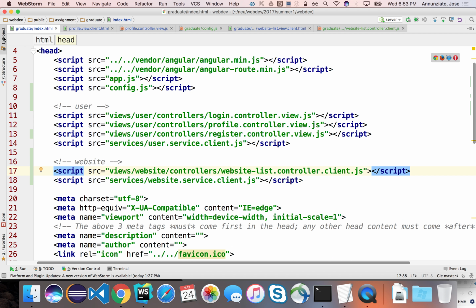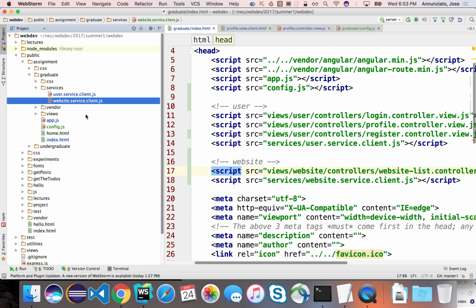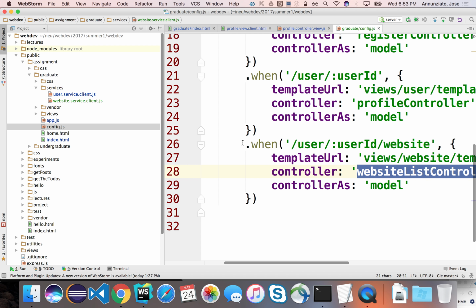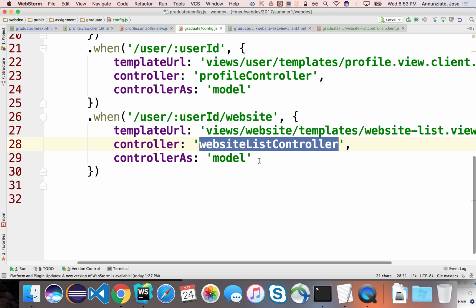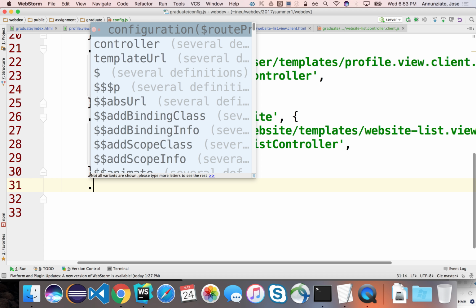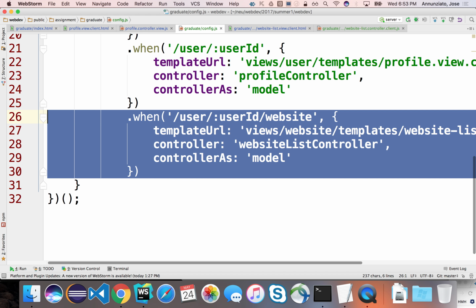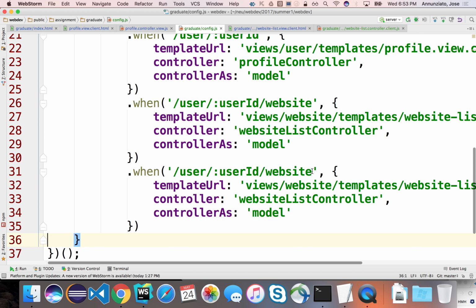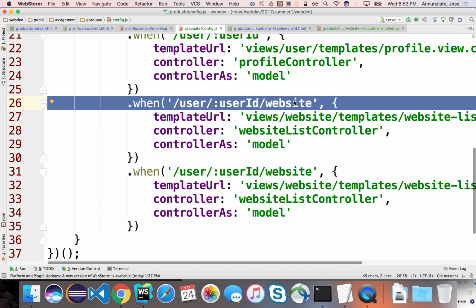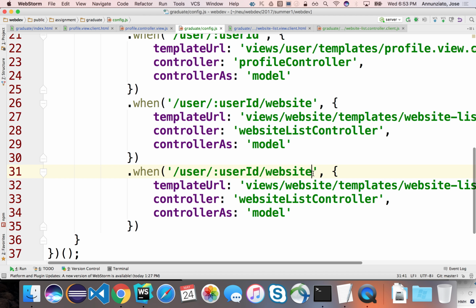First, we're going to add it as a route for a brand new template. Okay, so it's going to config, and here we'll add another route. Okay, let's copy this. So this one was interpreted as, I want to show all the websites for that particular user. Now I want to display a particular website, right? Not all of them, just one of them. So again, following the syntax that we have all agreed on,